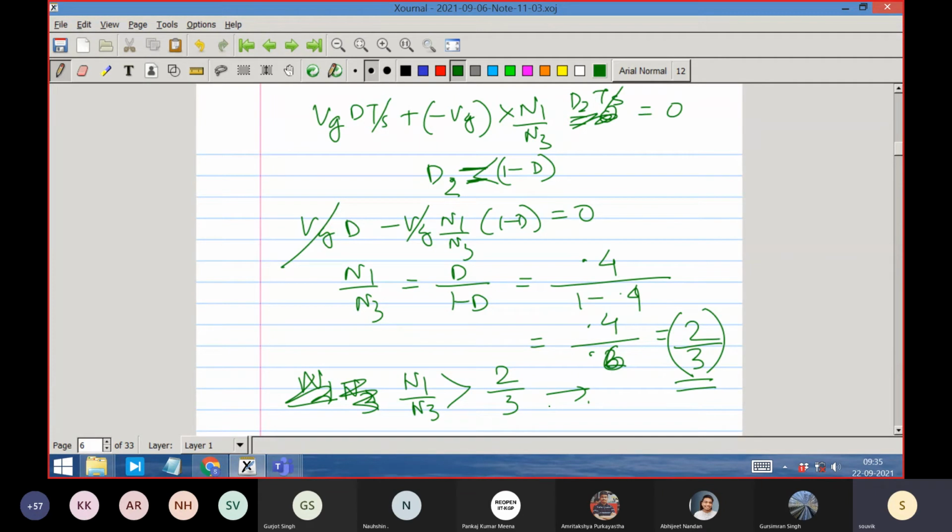So you can find out what N3 you must choose under the extreme case. I may give you a problem like that: choose N3 such that the volt-second balance is happening. Choose N3 such that the transformer is resetting just at the end of the off period. I can give such a problem.